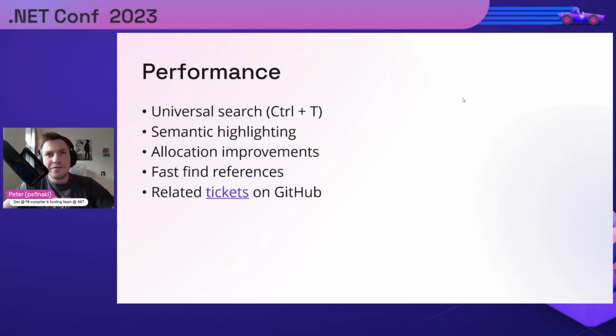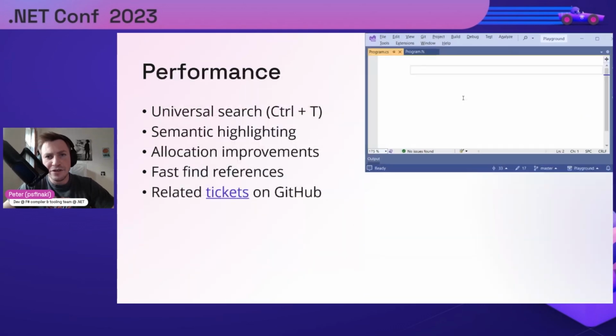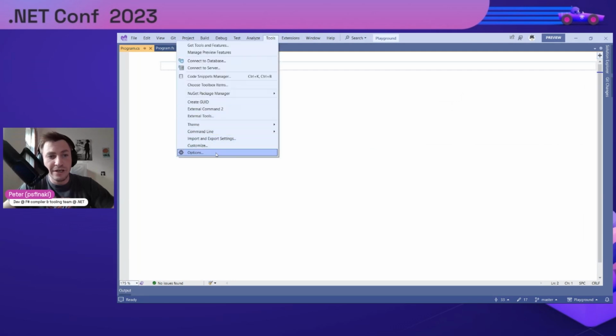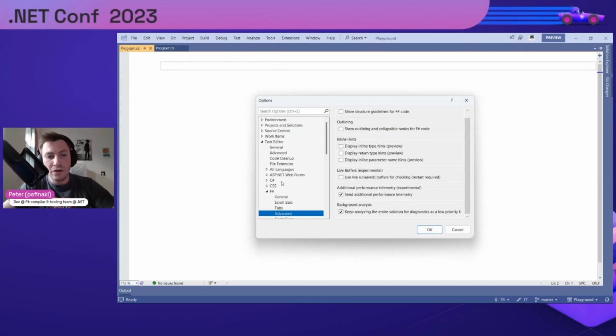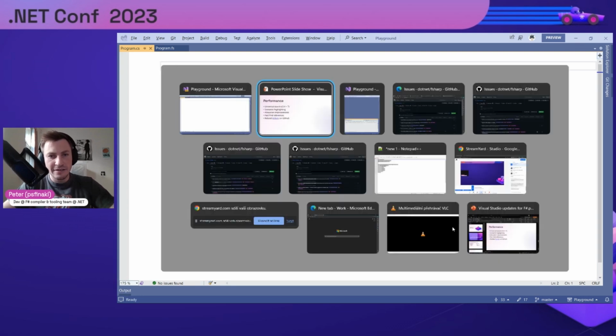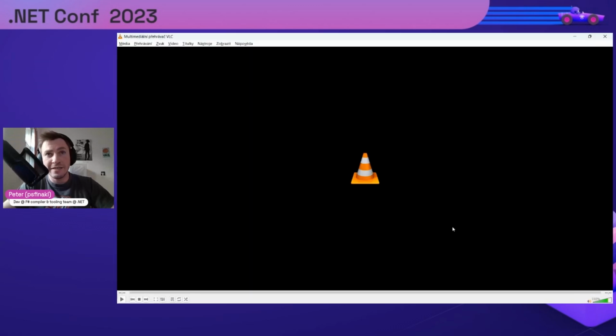Now, to prove my points, I actually have one pre-recorded video for you. This is about fast code reference discovery. In the recent Visual Studio, it should be enabled by default. If it's not, you go to Tools, Options, Text Editor, F# Performance, and enable it here. And now I'll just sit back and show you a minute-long clip which compares the references discovery time in our own code base